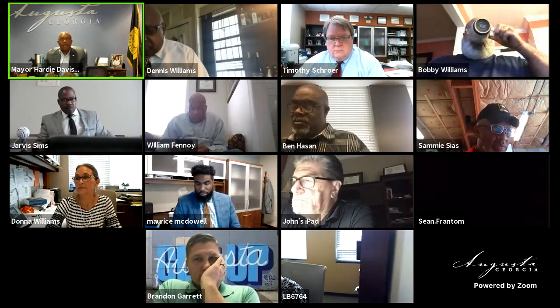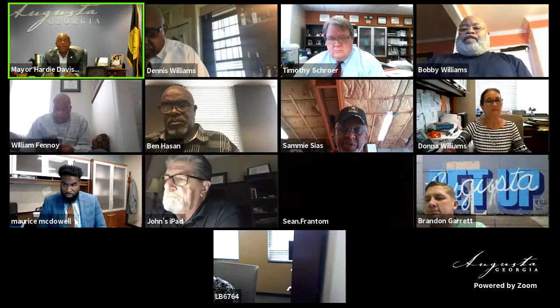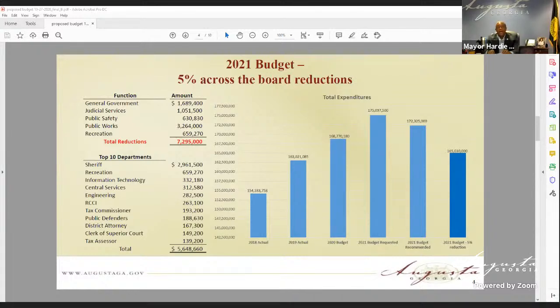In our previous meeting, you asked the administrator and the team to look at 5% across the board reductions. And on slide 4, what the administrator said is, here's what a 5% across the board reduction looks like. I want to remind all of us that we are in a growing, thriving city. For the last several years, our economy has been one of the fastest growing in the state of Georgia per the state's economist. COVID, yes, it's unprecedented, it's difficult, it's different, but what we